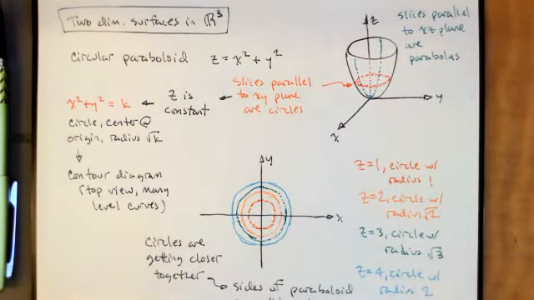Slices parallel to the xz plane are parabolas. We can imagine building this paraboloid by taking that parabola and just rotating it about the z-axis. But we're thinking about slices parallel to the xz plane, and those are parabolas. If we look parallel to the xz plane,